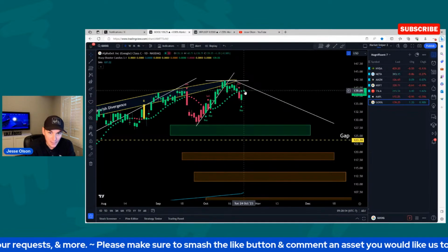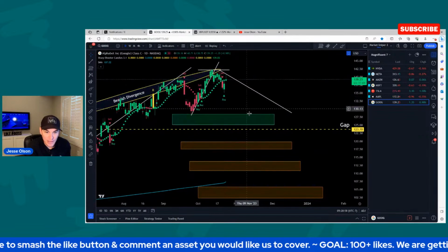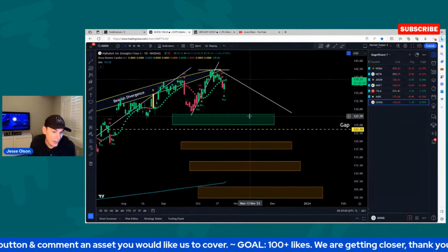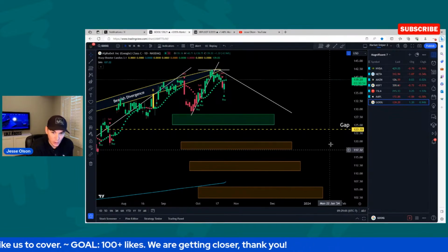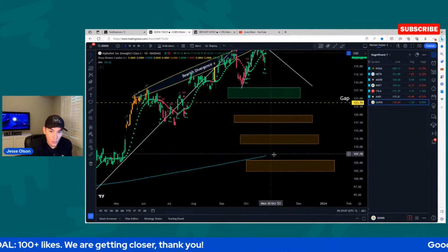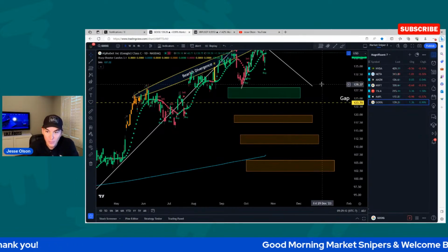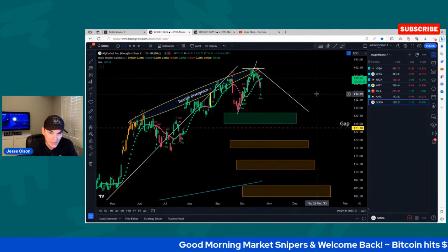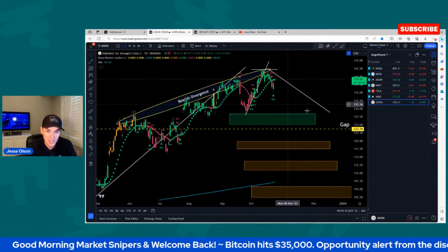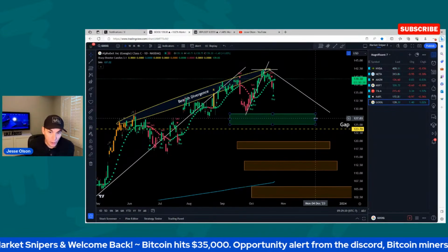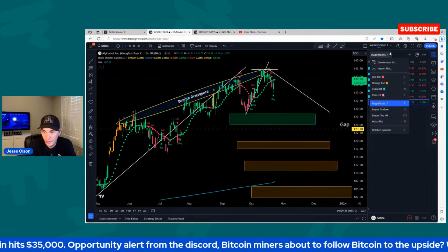Will this end up being another lower high over here and then continue down, come back down to this area, retest this target, and then we'll see if it comes back down and fills this gap, these lower targets. And at some point, will it come back and retest the 200-week moving average as well? We'll see. We're taking it level by level, and we're not going to get ahead of ourselves. But we have this longer-term bearish divergence. Seems like at some point it could come back and retest this first target box, and then we'll see if it hits further targets to the downside.